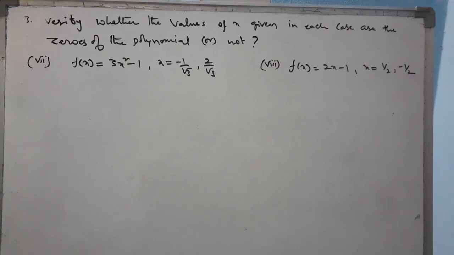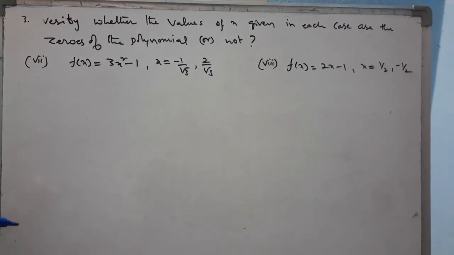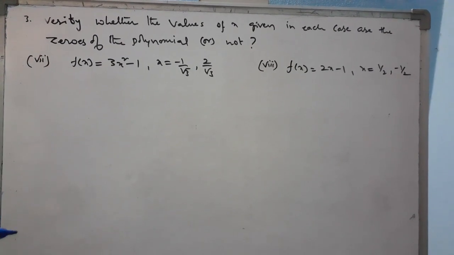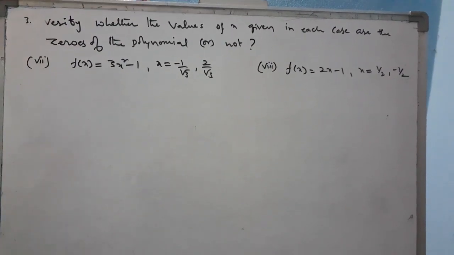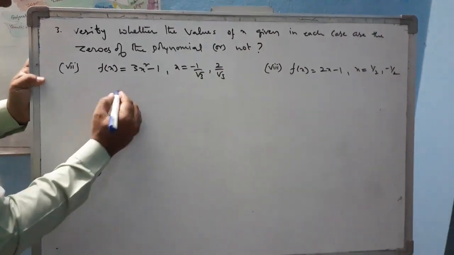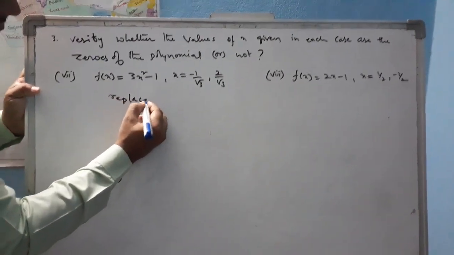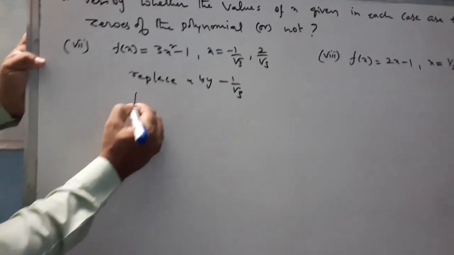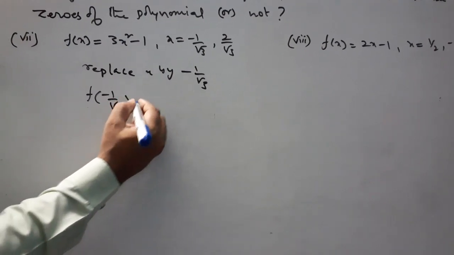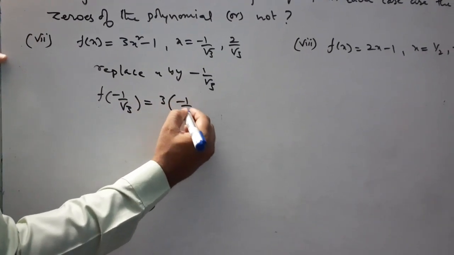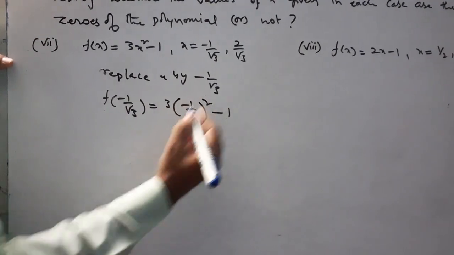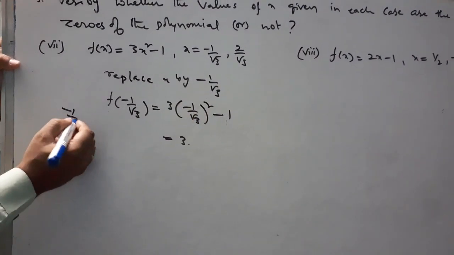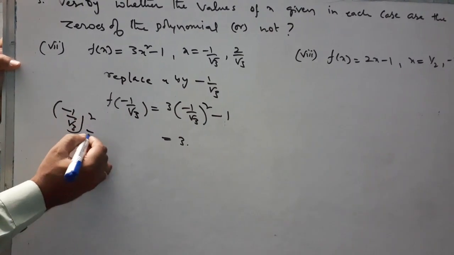So the seventh one, f of x equal to 3x square minus 1. Here x is equal to minus 1 by root 3, 2 by root 3. So here replace x by minus 1 by root 3. So f of minus 1 by root 3 is equal to 3 into minus 1 by root 3 whole square minus 1. So minus 1 by root 3 whole square is equal to